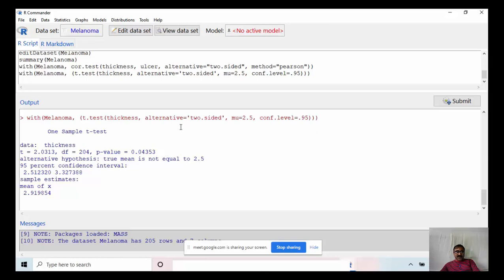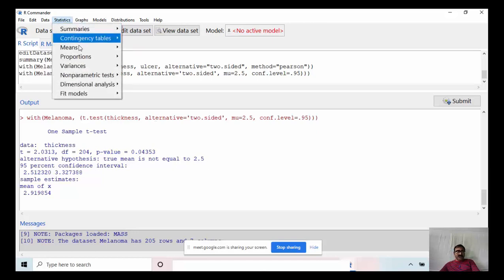Here, since it is less than 0.05, if I am testing at the 5% level, I should conclude that the null hypothesis is rejected because it is less than 0.05. So that means the alternative hypothesis is true. So true mean is not equal to 2.5. So this is one sample t-test.